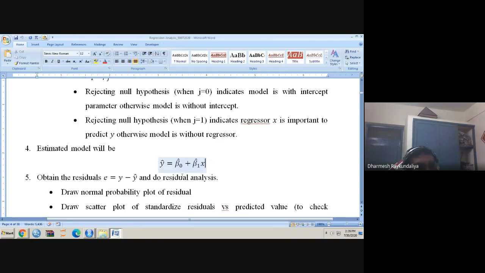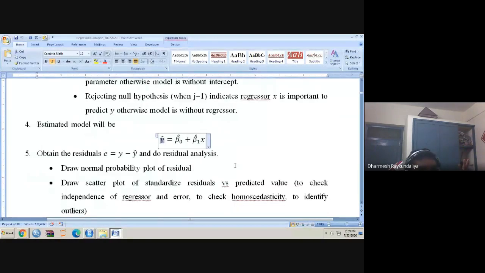For example, experimental science में X is under your control. आप टेम्परेचर को चेंज करते जाओ, what happened to the pressure? So you can obtain the predicted value of pressure. And that is how you try to establish the relation between the pressure and temperature. Okay. So once we have the Y cap, Y is already with you. Y आपके पास है. Y and X आप दोनों मेजर करते हैं. ठीक है. तो E is nothing but y minus y cap, which is known as a residuals.